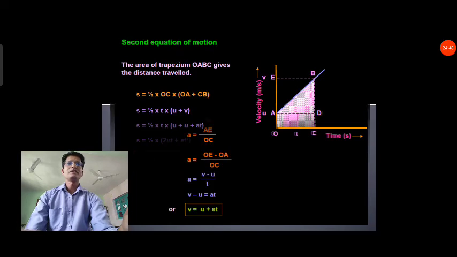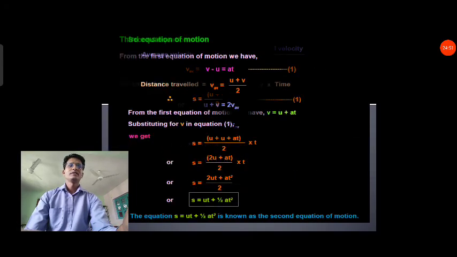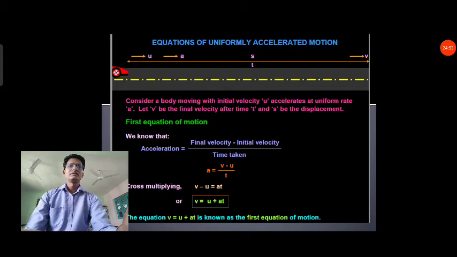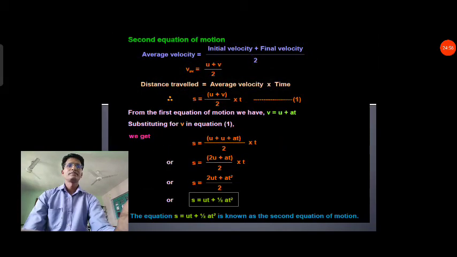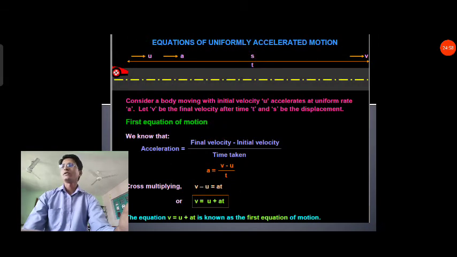But as I mentioned to you, we will follow only the algebraic method. Only the algebraic method we will follow. On page number 42 it is given, and for comparing these two methods to derive the equations of motion, we will draw the figure 1.35 graphical method diagram, and after that we will continue with the first equation of motion, second equation of motion, and third equation of motion.